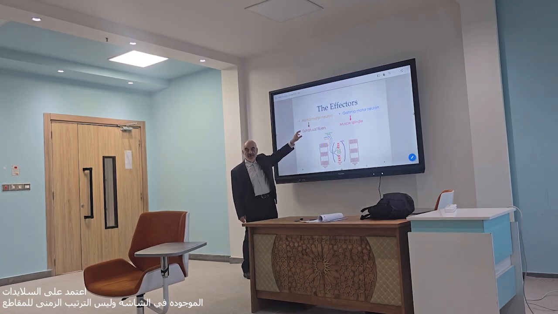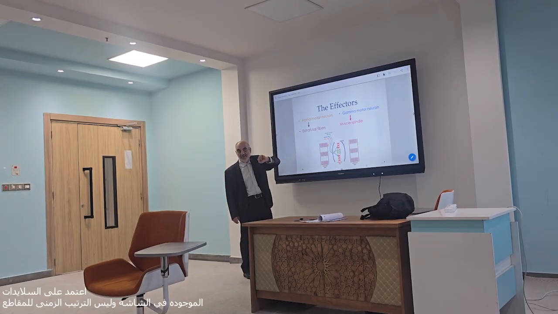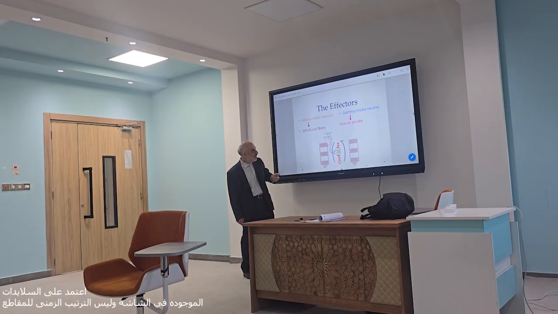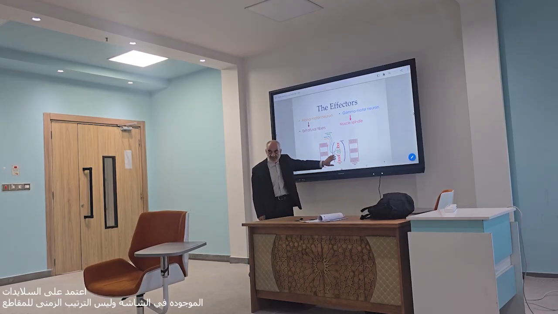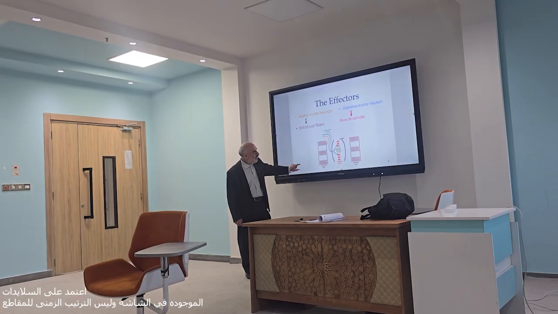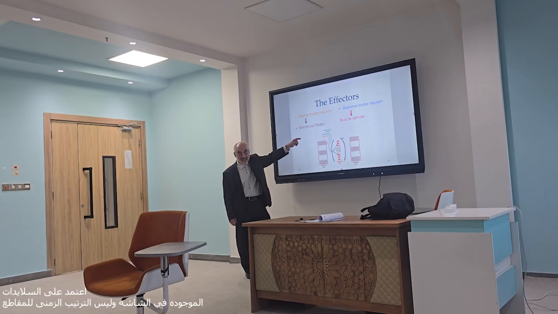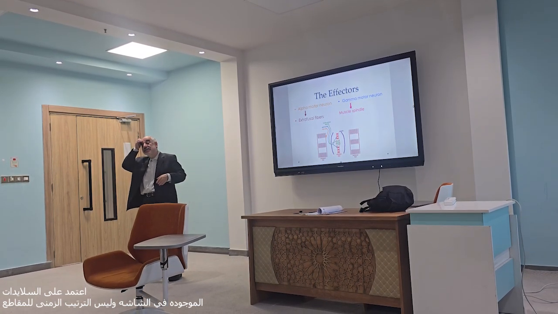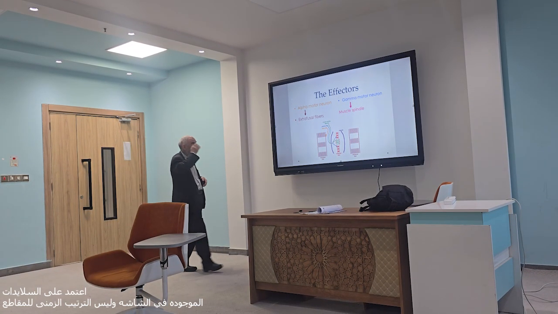Remember, alpha has a larger diameter in comparison with gamma. Alpha motor neuron is very important, and gamma motor neuron too. Two kinds of motor neuron. Gamma is related to the stretch reflex. It's very important. Okay? These are the intrafusal muscle fibers. If the gamma motor neuron is excited, it can affect the muscle spindle, which sends information to the spinal cord and then to the cerebellum. Okay?